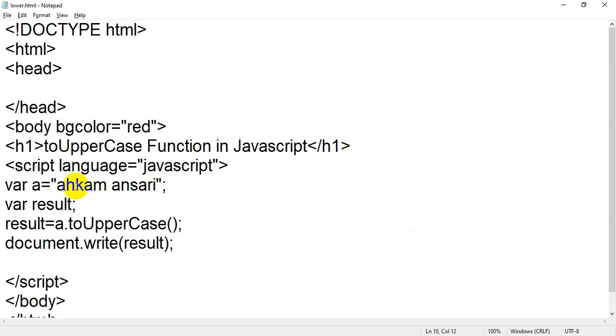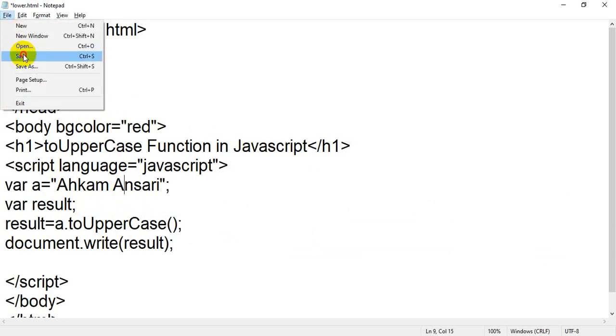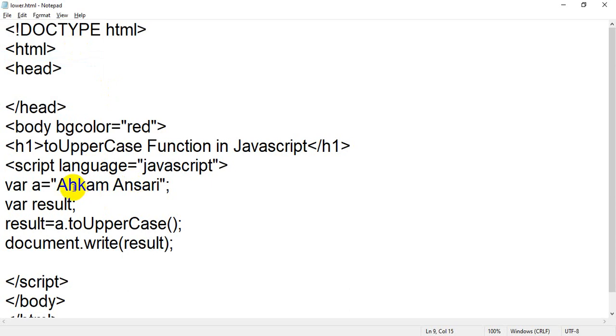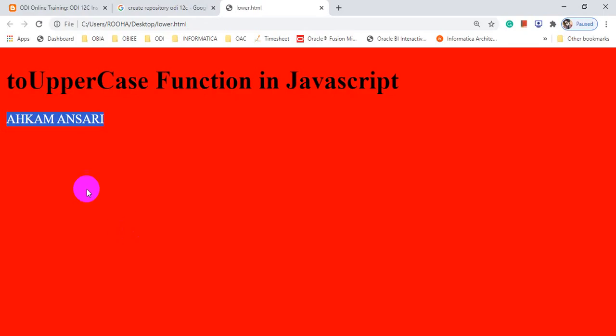Even if you write a in capital letter and here a in capital letter, the result will be the same. Whether you enter small letters or capital letters, this function will convert into uppercase only. When I refresh, there is no change in the result. The result is still in capital letters.